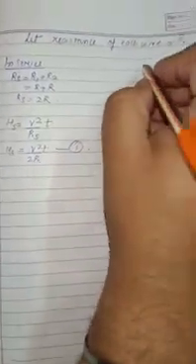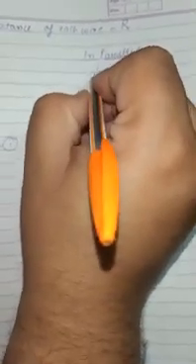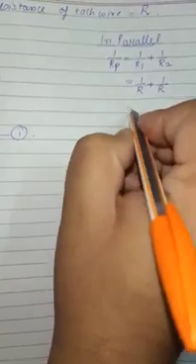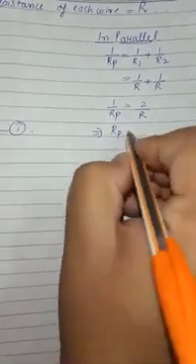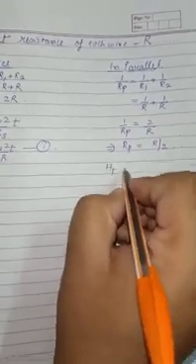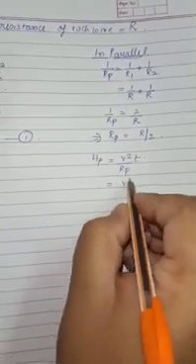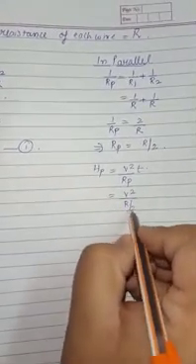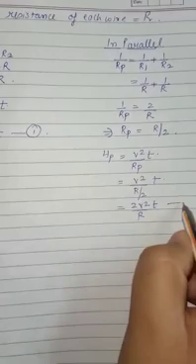Right, students? Similarly, we can find the heat generated in parallel. For that, we have to find the equivalent resistance in parallel, that is 1 by Rp is equal to 1 by R1 plus 1 by R2, 1 by R plus 1 by R. So this implies Rp is equal to R by 2. So heat generated in parallel is equal to V square by Rp into T. V square is same, Rp is R by 2. This becomes 2V square T by R.